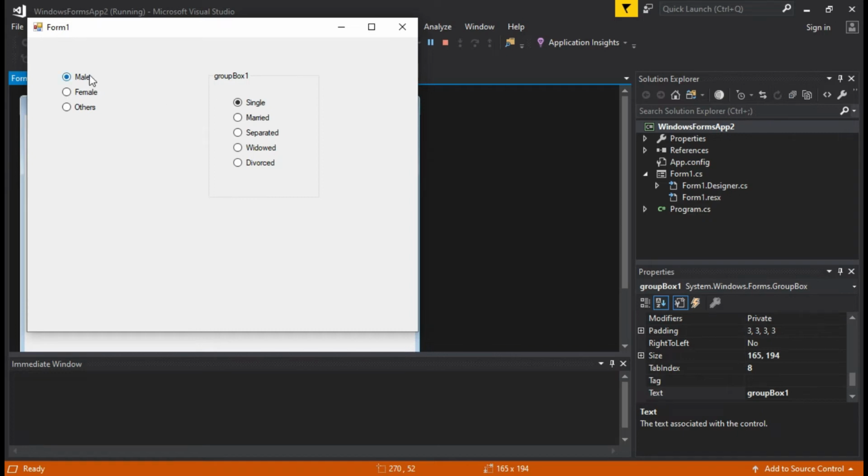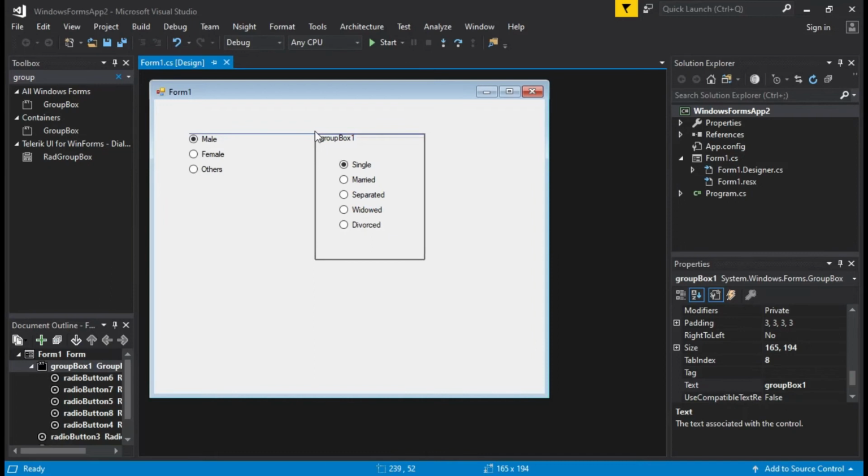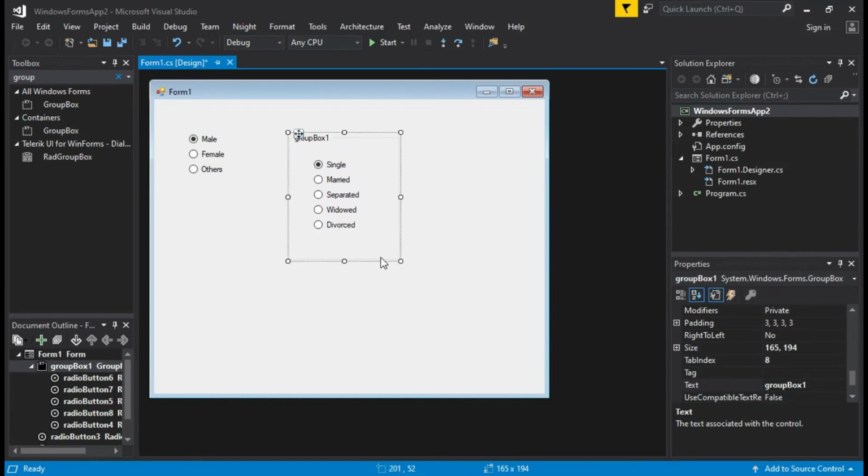So meaning the sex and the civil status are sitting in the different place. So since that is the case, we can now select options from the sex and options from the civil status. Okay, so let's arrange our controls by placing it somewhere here, and then let's add a name for our civil